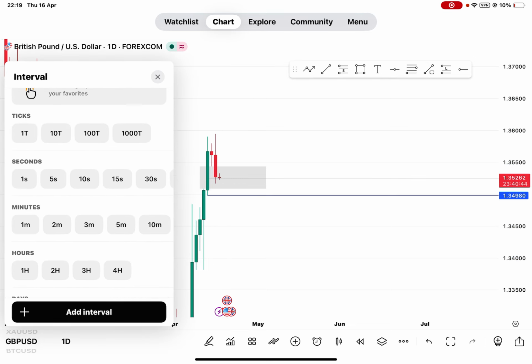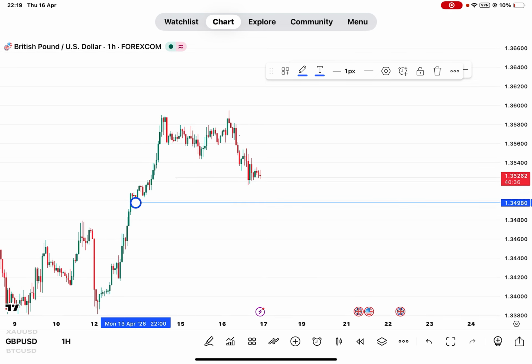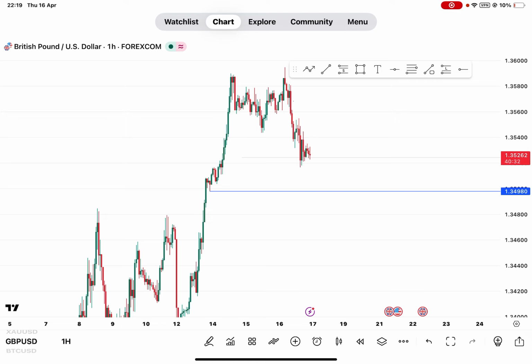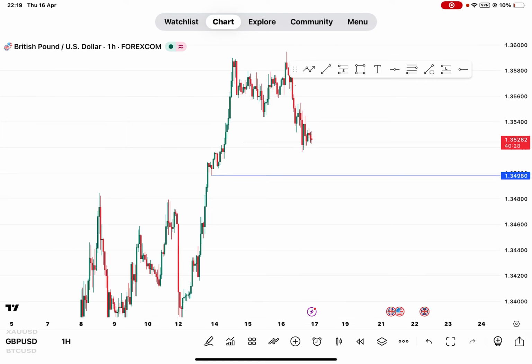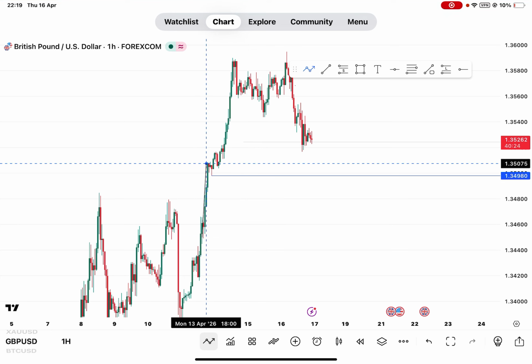So let's go to our 1 hour time frame to see what is actually happening. And as you know, in our 1 hour time frame, this is the zone we marked in our daily time frame. So let's see what we have in our 1 hour time frame. We have to mark out our protected low in the market. So basically, we have this zone, and you know what the meaning of protected low is.